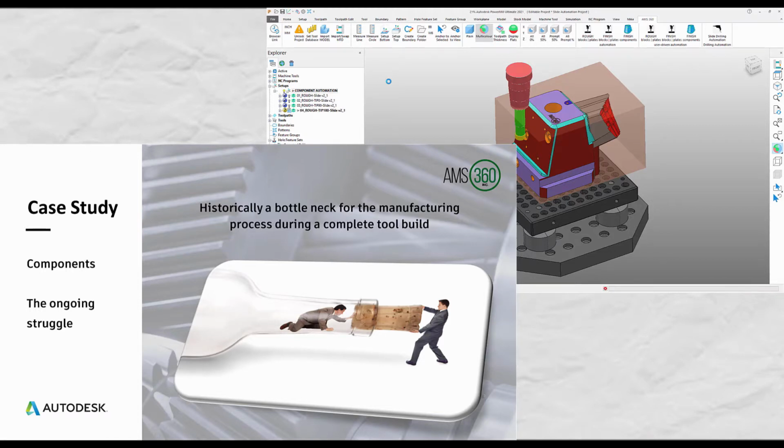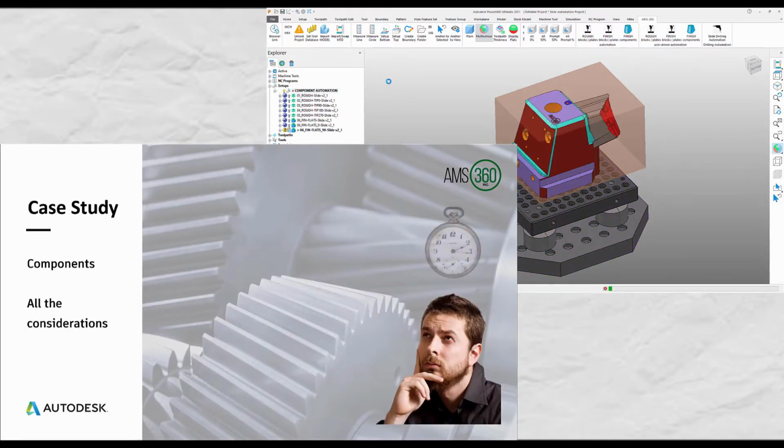They are sometimes dismissed as they are smaller in size, but they often have complex details and usually need multiple setups to complete every facet, not to mention the drilling operations that could involve compound angles. So let's consider this. It takes you approximately 90 minutes to completely program a complex slide like I have on